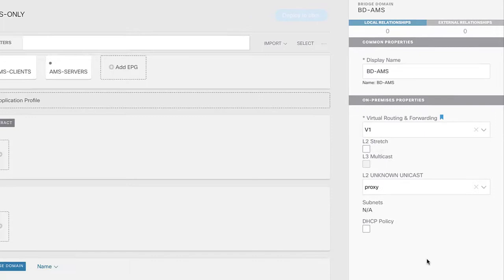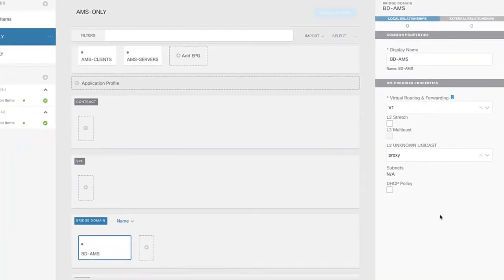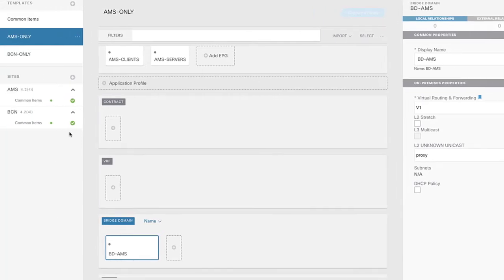Well, it doesn't actually live at this level when you have an item living specifically and only in one site, like BD AMS in my example. So where would I go to actually configure or add that subnet to my bridge domain? Well, the first thing that I need to do is take this template AMS only, and